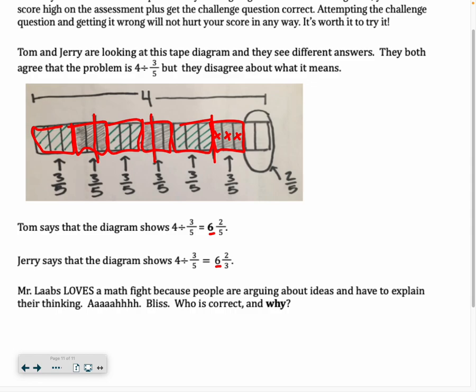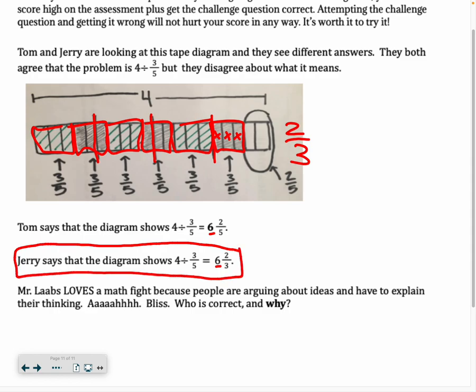So this last part, even though it started out as fifths, when we say how many groups there are, 6 full groups, and then this last part is only 2/3 of a group because a group is 3 parts. So Jerry is correct